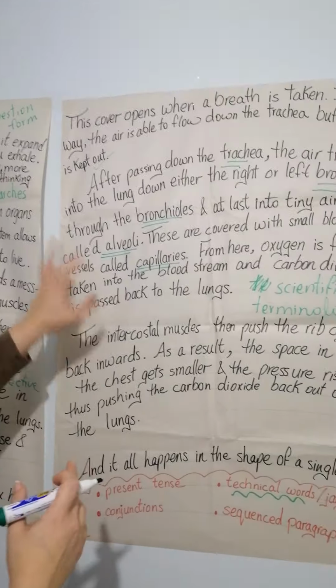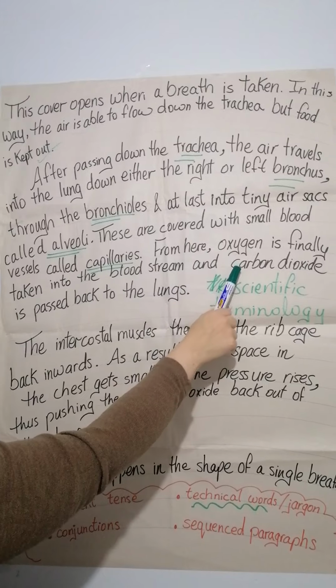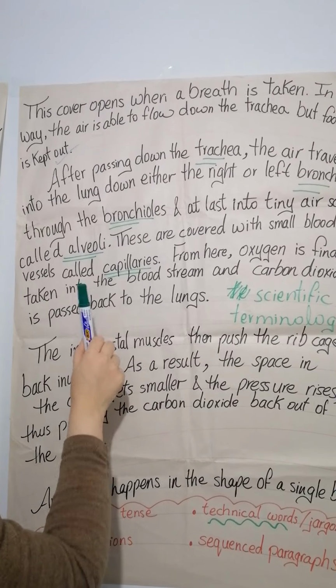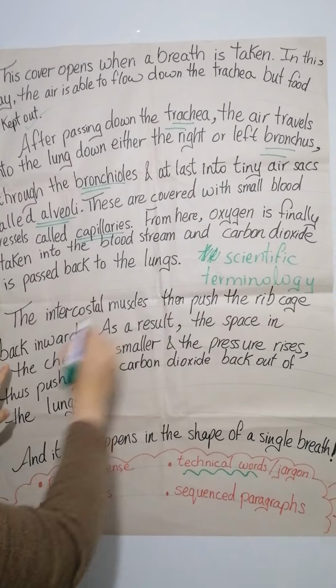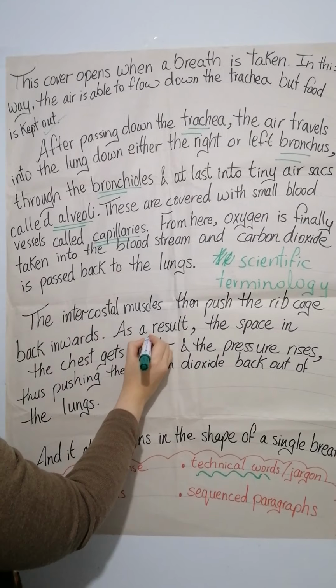Okay, where did we stop? Here. From here, oxygen is finally taken into the bloodstream and carbon dioxide is passed back to the lungs. The intercostal muscles then push the rib cage back inwards. As a result,